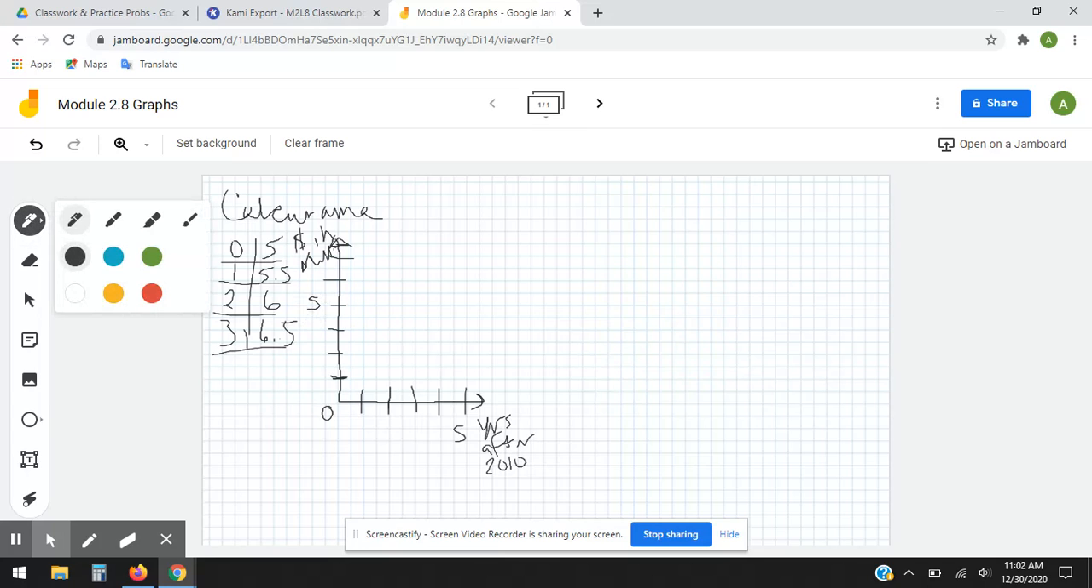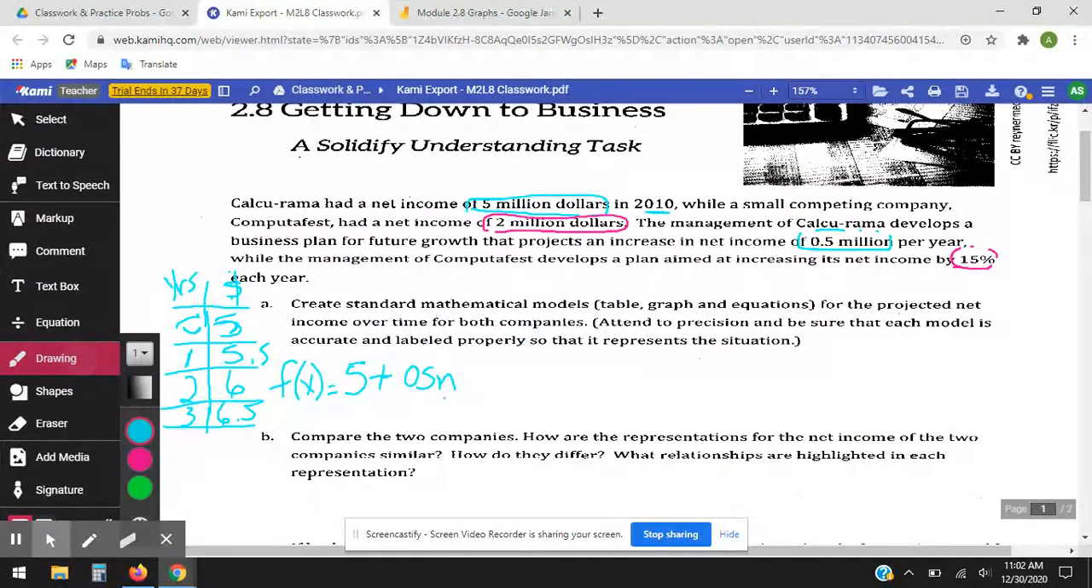So I'm going to do this one in blue, since this is my Calcurama. We did blue in the other one. So 0, 5, and then 1 was 5.5, so I can go in between here. 6 is right here, and 3 was 6.5, so that's right in here. And actually I can connect them because they're hoping to grow it each year, so in theory it's going to keep following that pattern. All right, let's go look at